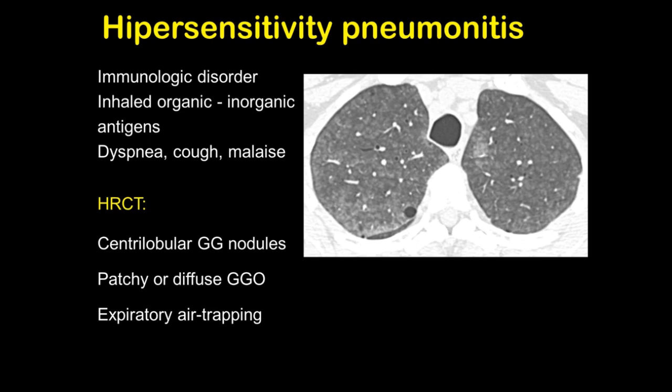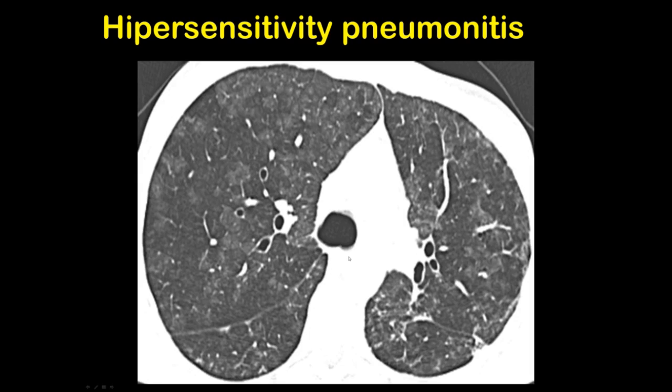Notice that cysts can also be seen in patients with hypersensitivity pneumonitis. In this CT, we see small centrilobular ground glass opacities, and we see a cyst in the right upper lobe. Patient presenting with patchy areas of mosaic attenuation, with areas of ground glass opacities that are confluent, and areas of diminished attenuation. The patient had a history of